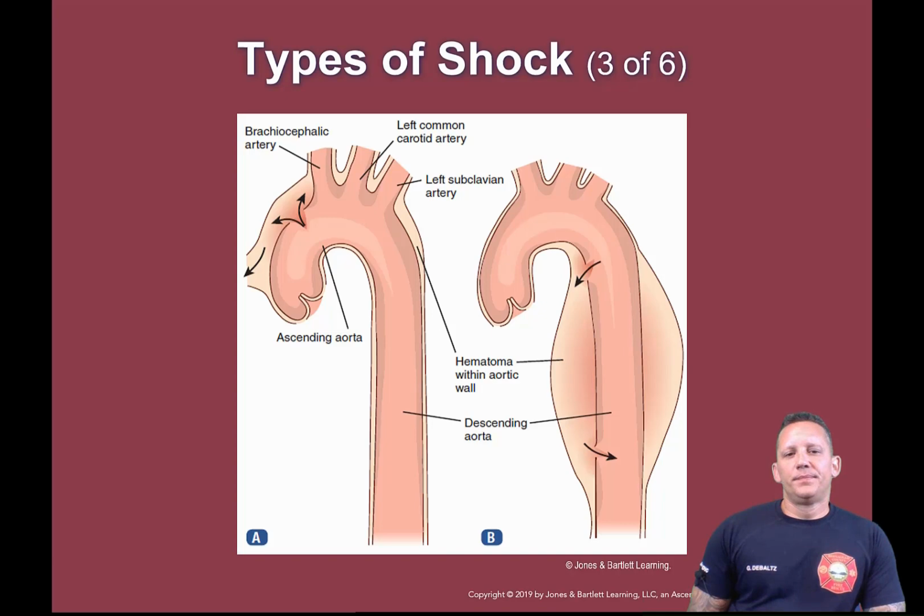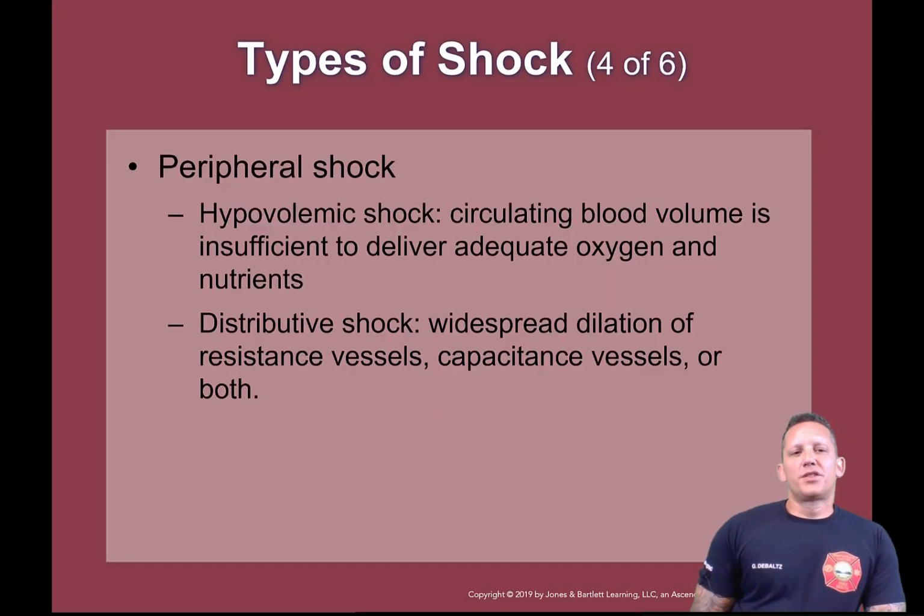Looking at the pictures here, you can see the swelling around the aortic wall, and you can see the small rupture in the ascending aorta. Peripheral shock is going to be hypovolemic shock, where the circulating blood volume is insufficient to deliver adequate oxygen or nutrients to the cell. That is somebody who, in a lay way to put it, has a hole in them and they've lost a